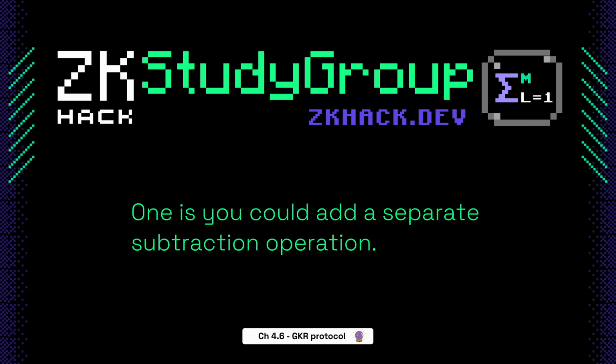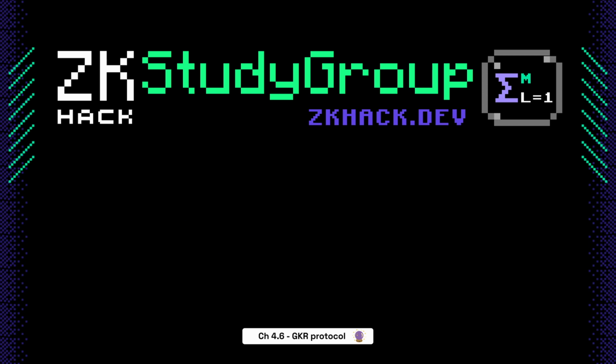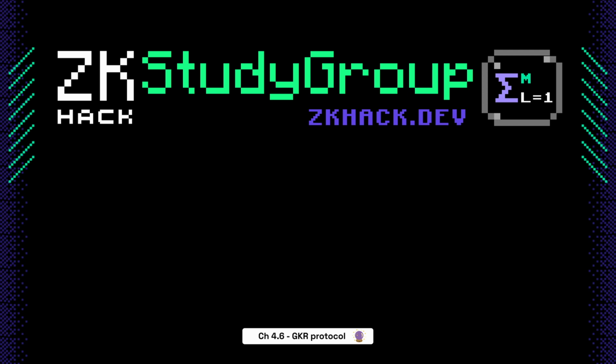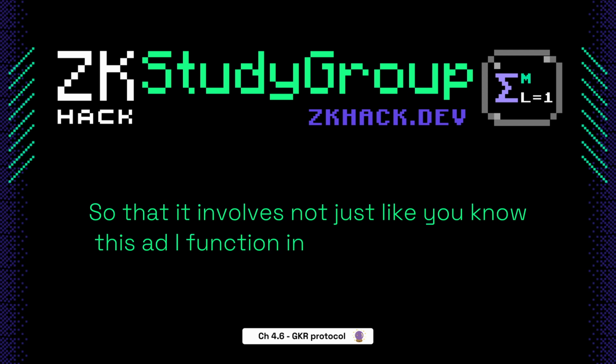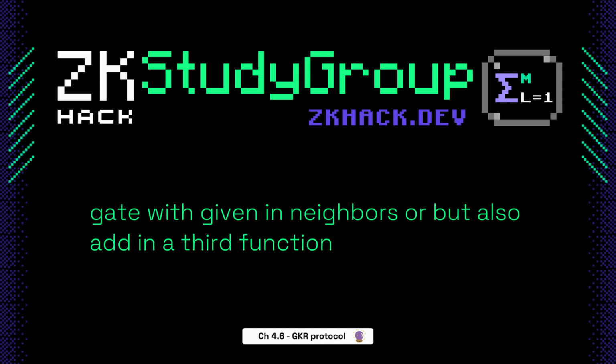One is you could have a separate subtraction operation that's treated completely distinctly from addition, but then you'd have to modify the interactive proof so that it involves not just this add function and this mult function that indicates whether this is an addition gate with given in-neighbors, but also add in a third function,